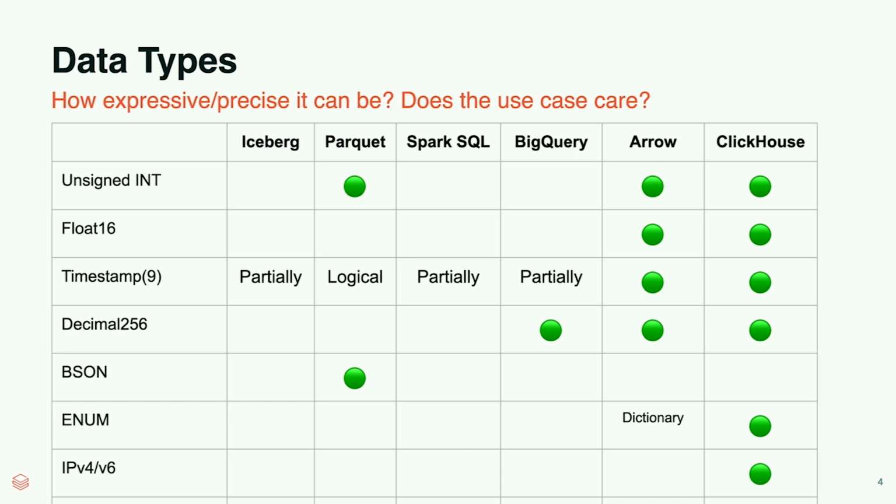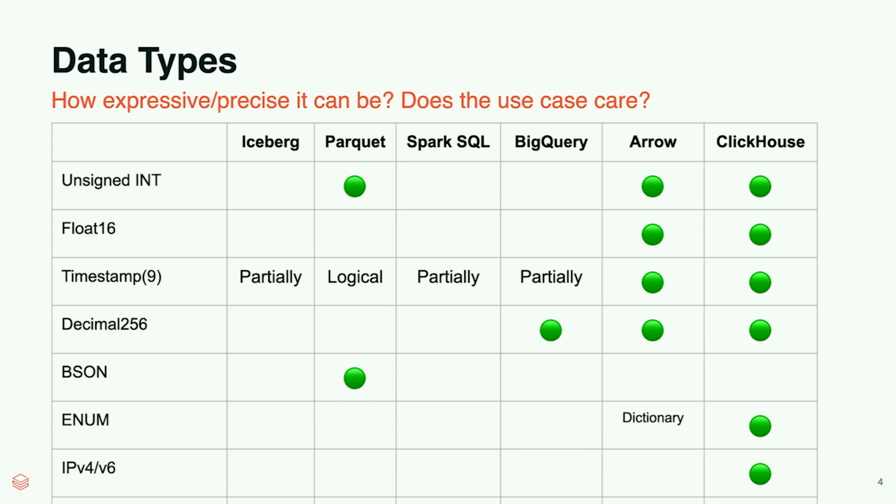Unfortunately, this is very popular in AI, but it's not supported by the big data world, right? So this is one example. The other one is, think about enum, right? That is very popular in multiple languages like Java and Avro and Protobuf. Unfortunately, Iceberg doesn't support it, Parquet doesn't support it, BigQuery doesn't support it, almost nobody supports it, right? So when we look at this problem, we are looking for a more comprehensive typing system.